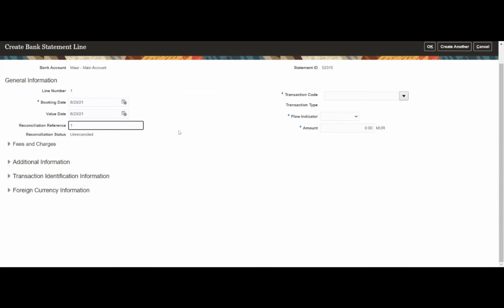And the reconciliation reference that I'm using is 1. So 1 is nothing but our transaction. There are different ways that we can use, and we will see in detail when we see cash management. So for now, to understand the receivable module specific transactions, I'm just giving the transaction number that we created. Okay. So our reconciliation reference number is what we call a transaction number.